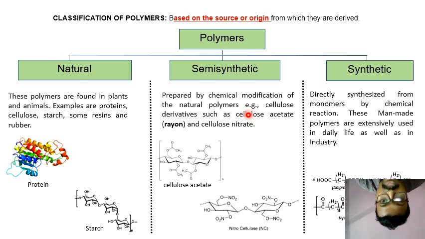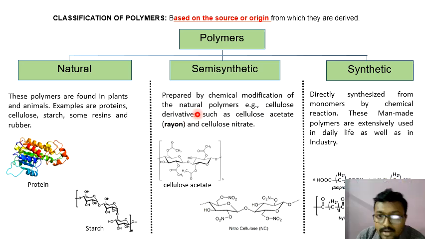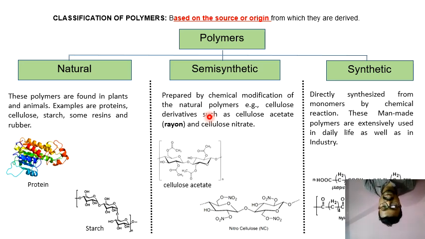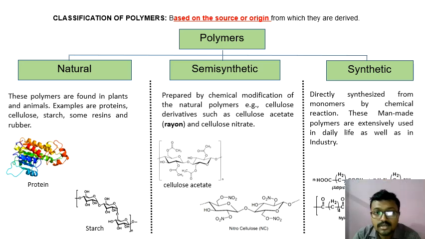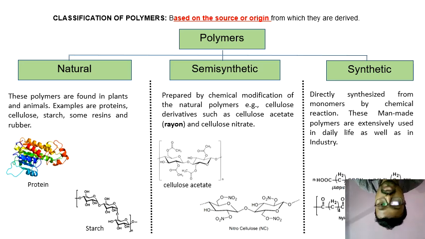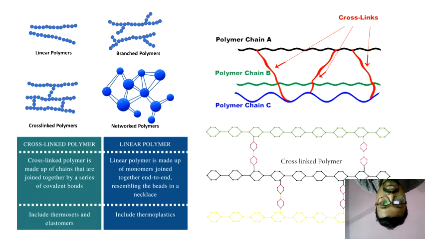Another example is cellulose acetate. This is called rayon. Cellulose acetate is also an example of a semi-synthetic polymer, right? So synthetic polymer, natural polymer, and semi-synthetic polymer. These are the three types of polymer based on source. Next one